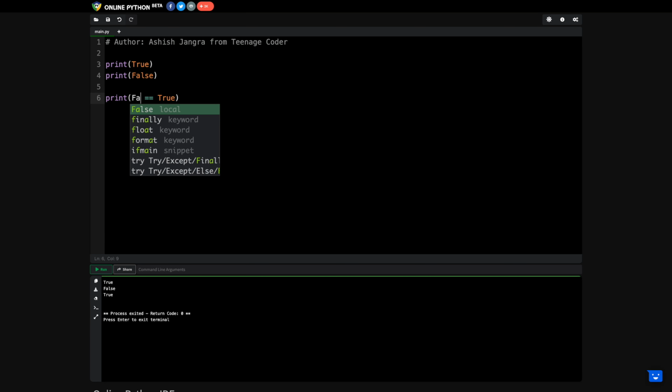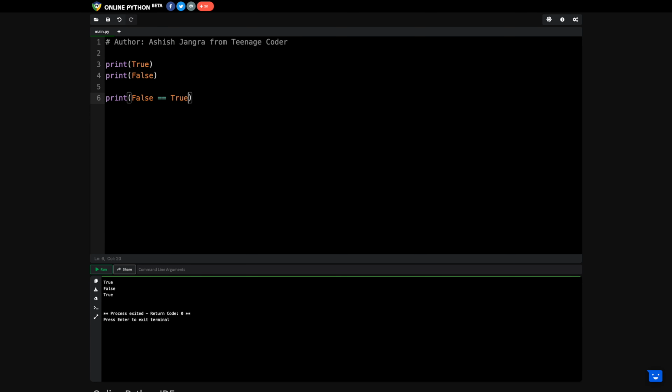If both the values are false, what will we get? We will get true. Here I am having false, and here I am having false, which means both the values are equal. If this condition is satisfied, I would call it true. If the condition is not satisfied, I will call it false. Left hand side equals right hand side, that is true, because the left hand side is false and the right hand side is also false. Both sides are equal, so my answer is true.